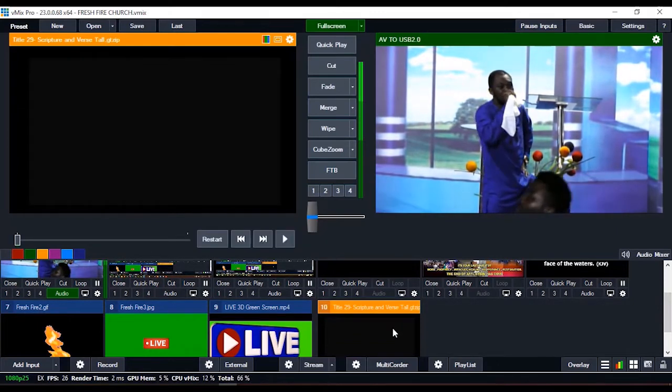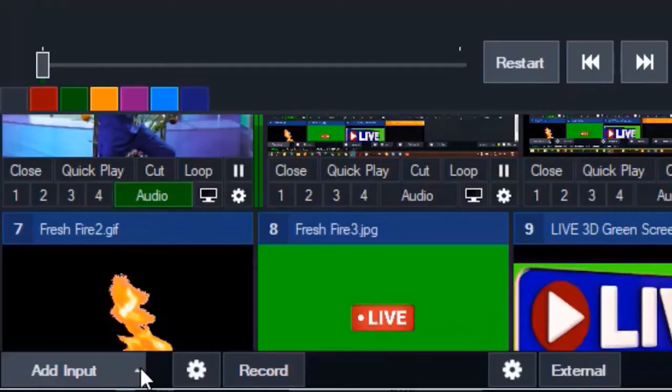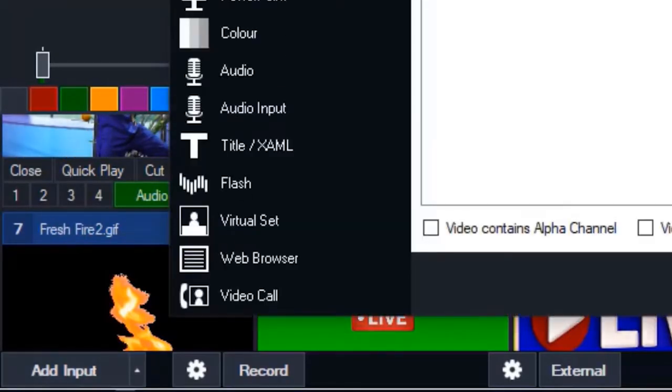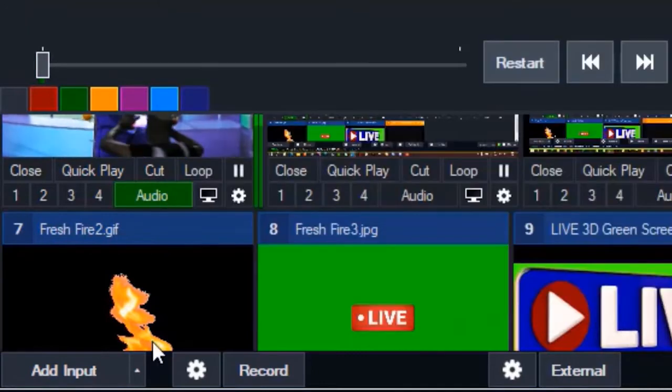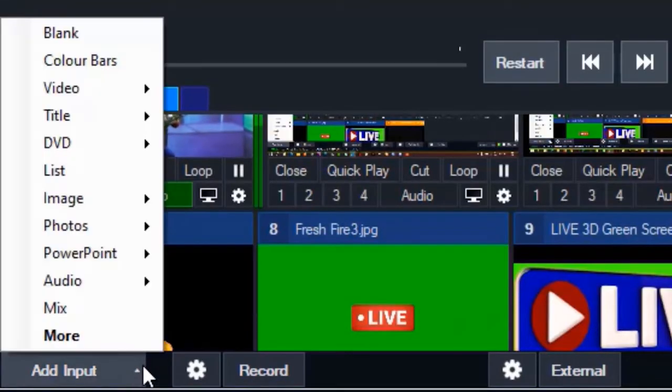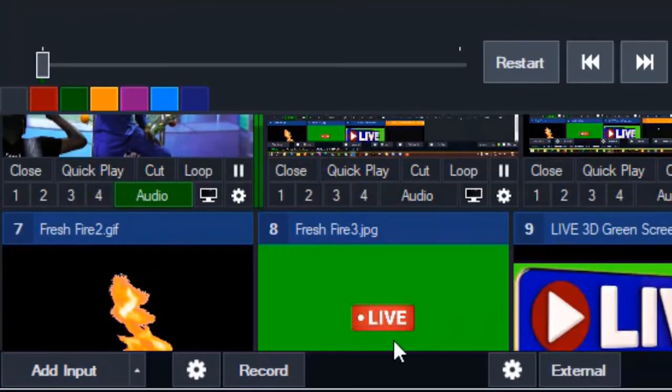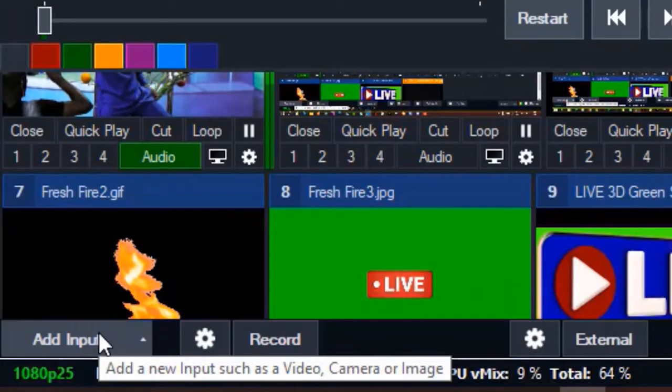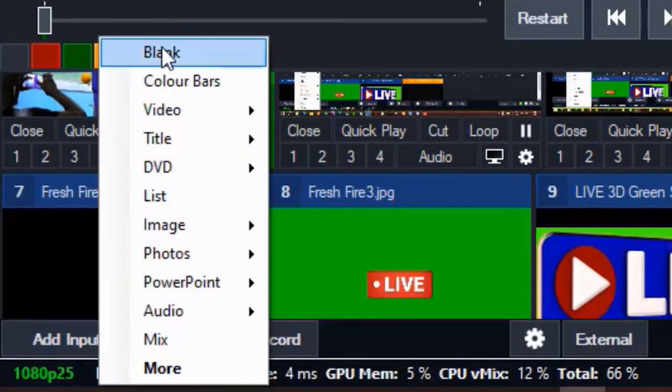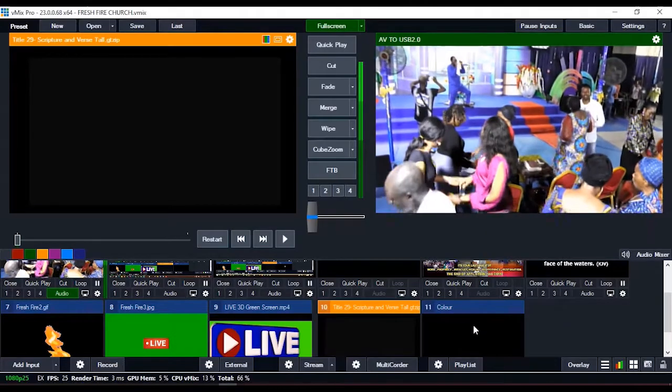You can see this is it there. Go to add input again. The add input, not the main button. You can just put your mouse there and right click on it. You will see blank there. You can see all the dots line up there. Select blank there, and once you have selected blank, double click on our blank